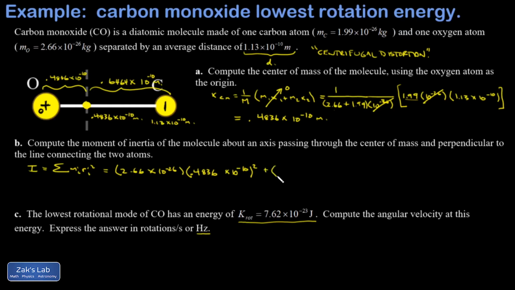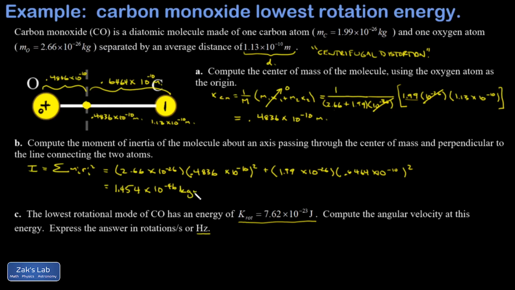And I take my carbon mass, 1.99 times 10 to the negative 26, distance to the center of rotation, 0.6464 times 10 to the negative 10, all squared, and I smash those numbers into my calculator. And when I do that, I get 1.454 times 10 to the negative 46